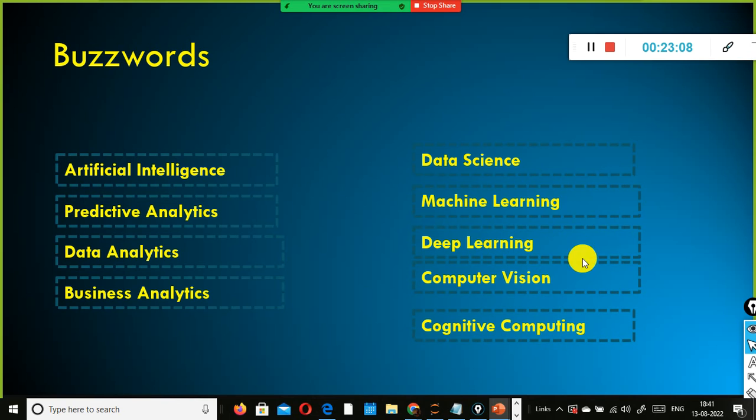And computer vision, with this, we can enable the systems to recognize the images, or we can do video analytics, everything as part of this, right? So all these things fall under artificial intelligence. Machine learning, deep learning, computer vision, all these things fall under artificial intelligence. Data science encompasses everything. Okay, if you say data scientist, you are working in artificial intelligence, which encompasses all these three.